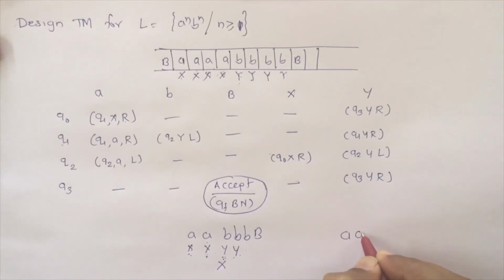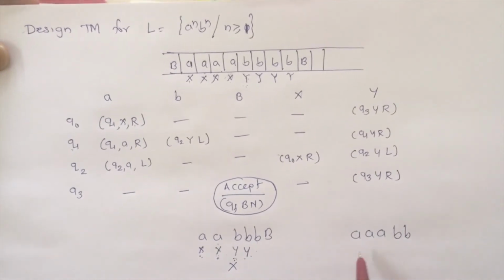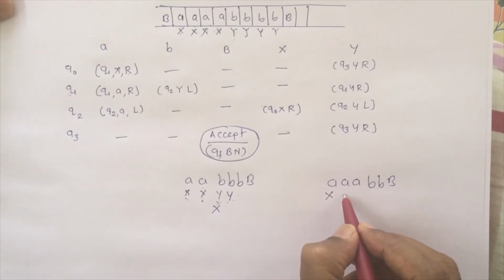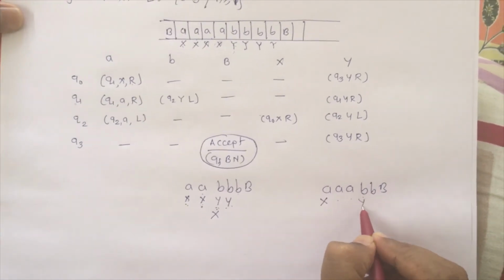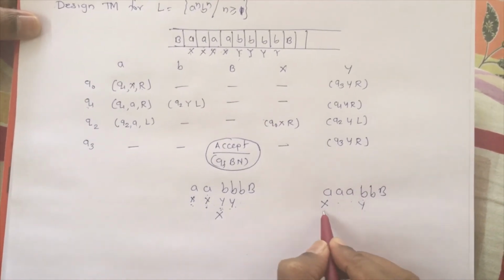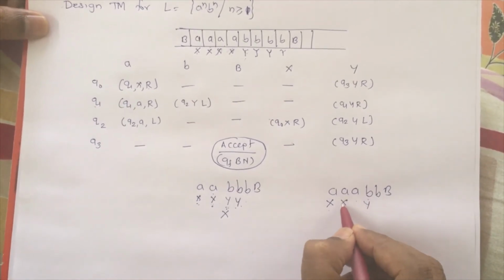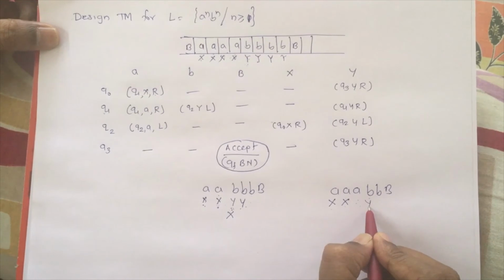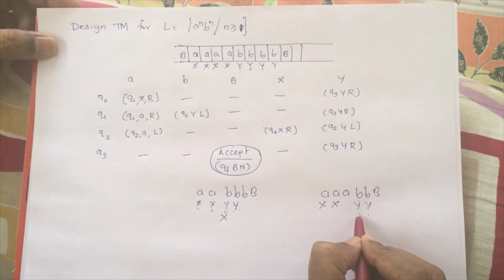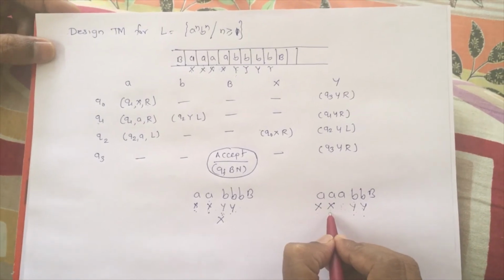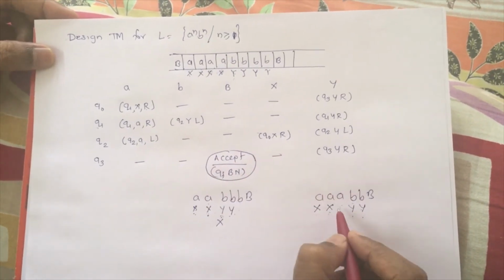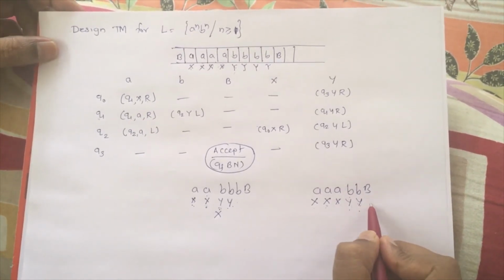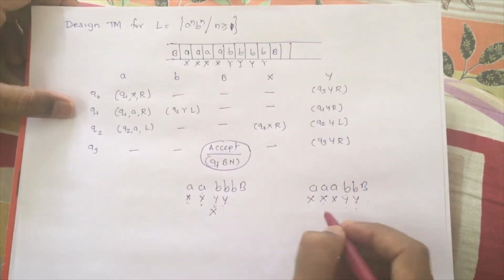Fine. So let us take another pattern, different, for example 3 a's and 2 b's. So Q0 A, Q1 X R, Q1 A R, Q1 A R, Q1 B, Q2 Y L, Q2 A L, Q2 A L, Q2 X, Q0 X R, Q0 A, Q1 X R, Q1 A R, Q1 Y R, Q1 B, Q2 Y L, Q2 Y L, Q2 A L, Q2 X, Q0 X R. Now Q0 A again, Q1 X R, Q1 Y R, Q1 Y R. Now we got B. So Q1 B we don't have anything. So this would be again not accepted.